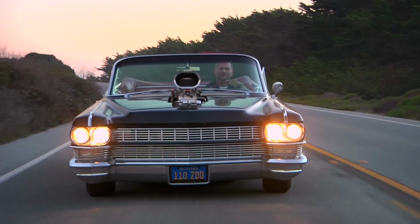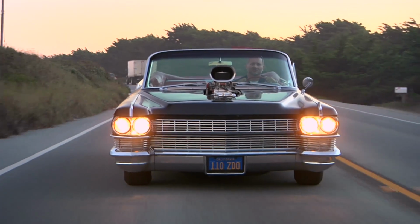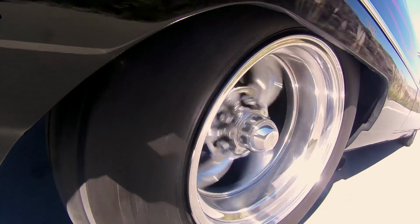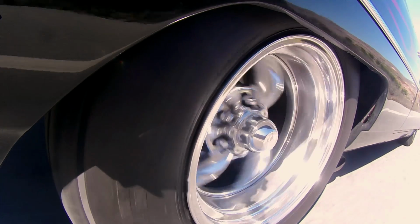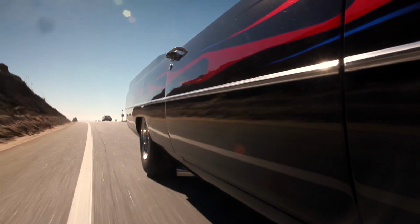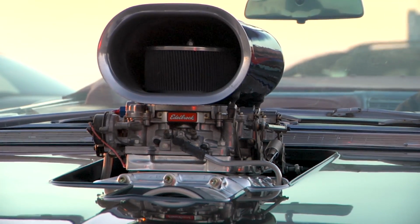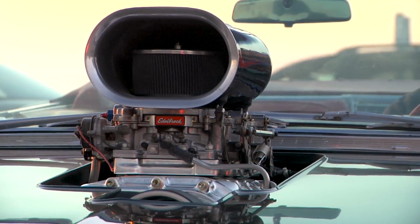From a braking standpoint, Ron has also upgraded the brakes. There are stock disc brakes up front, but he's also upgraded the rears to disc as well. So the car actually has a really good pedal feel, and it's fine. When you hit the brakes, the car's very compliant, it comes to a good stop. The best part is, thanks to this massive 468 cubic inch motor and the blower on top, that when you whack it,